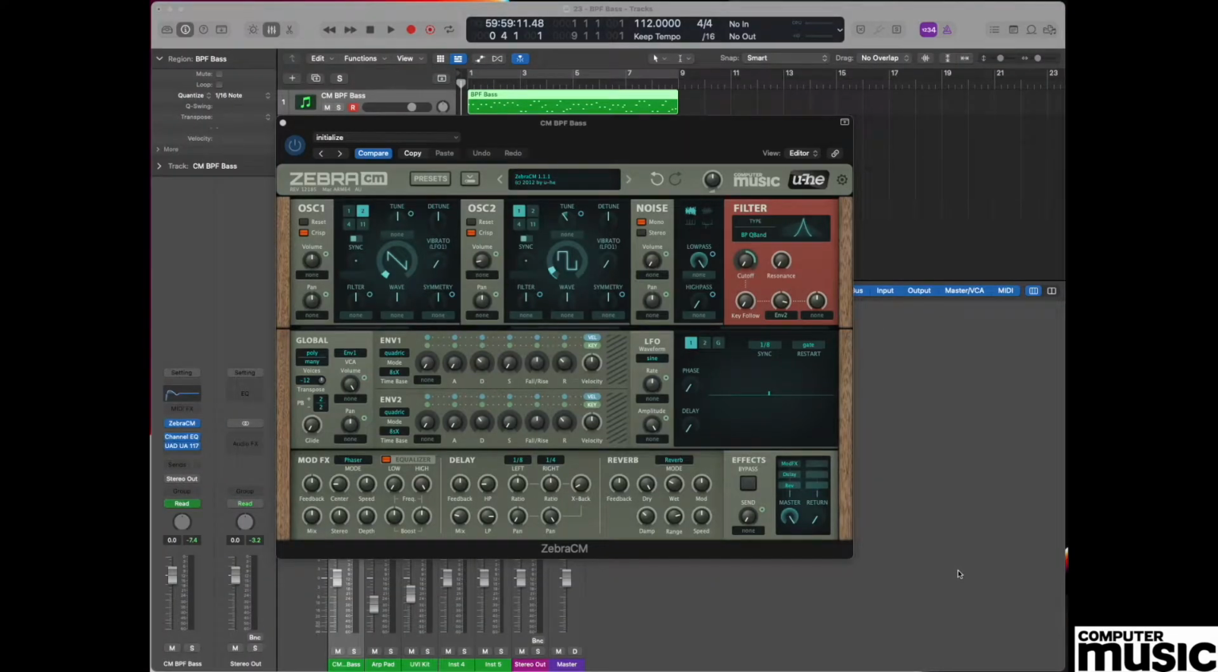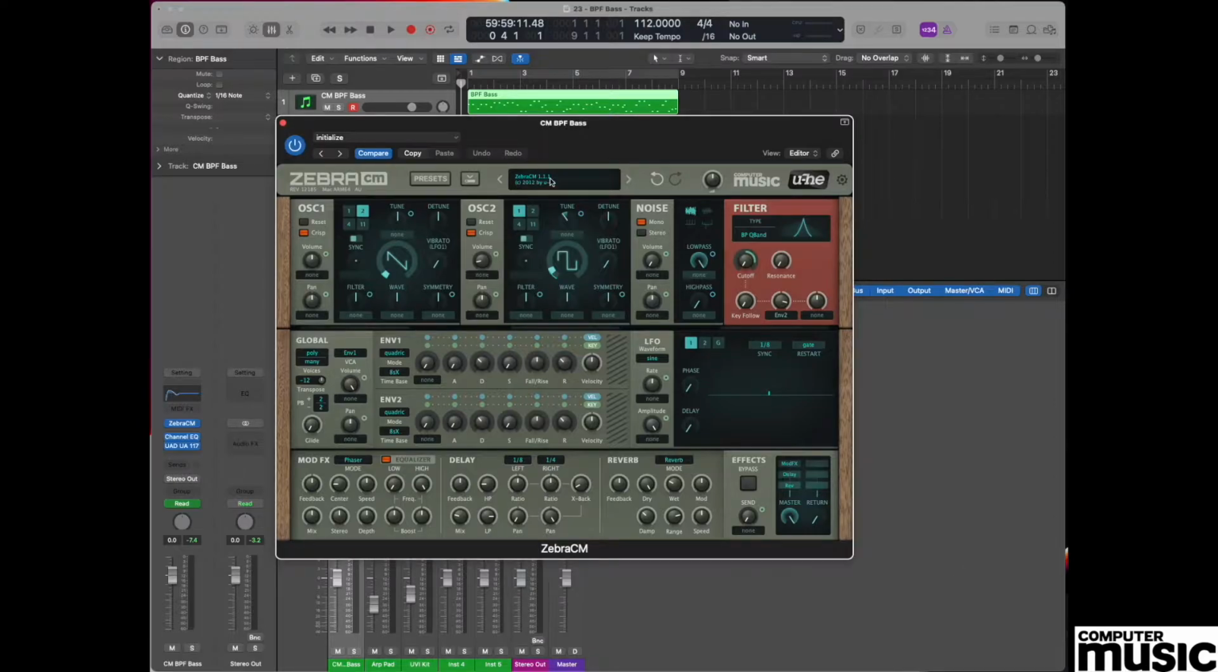Hello, and welcome to this month's synth tutorial with Computer Music. This month we're going to create a pretty unique bass sound that makes extensive use of the Zebra CM plugin set to a bandpass filtering mode, although we can also use high-pass filtering for a slightly different flavour of effect as well. So as usual, we'll start by performing an initialization to our patch so that we have a default starting